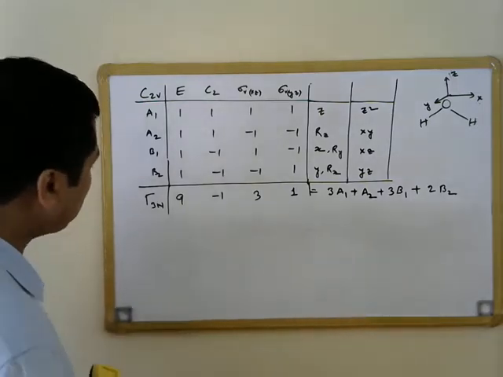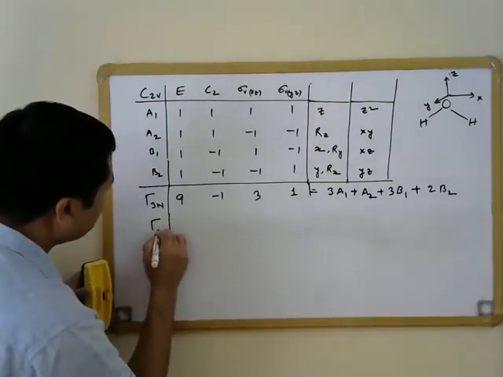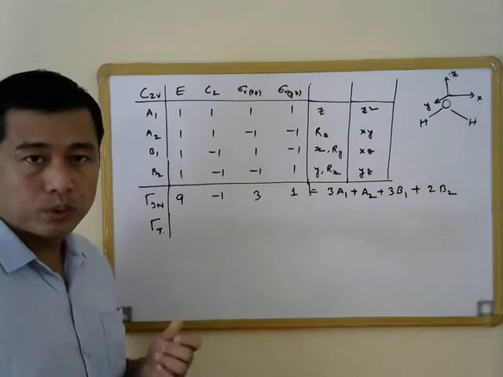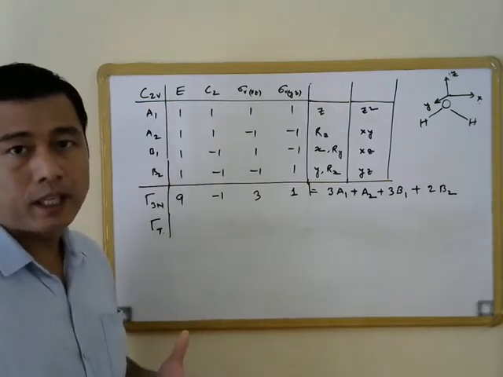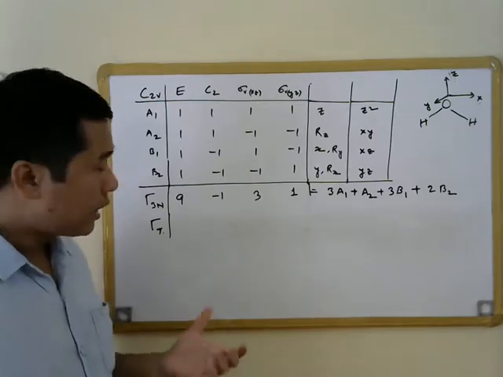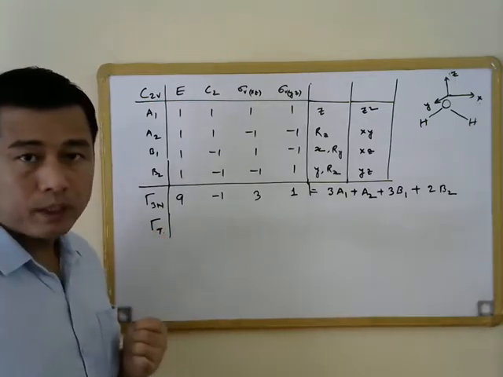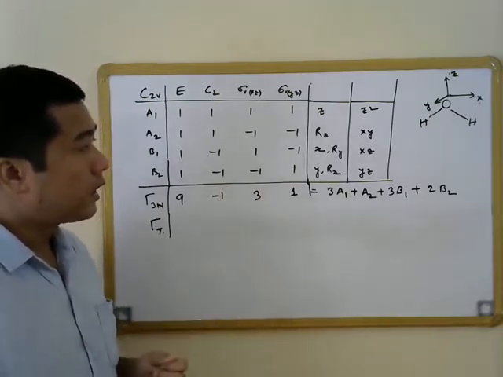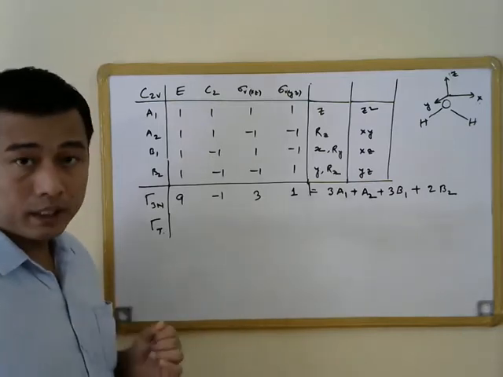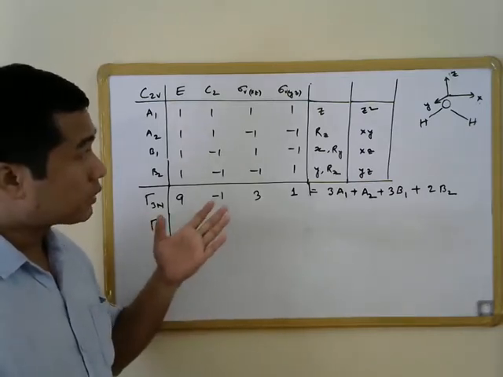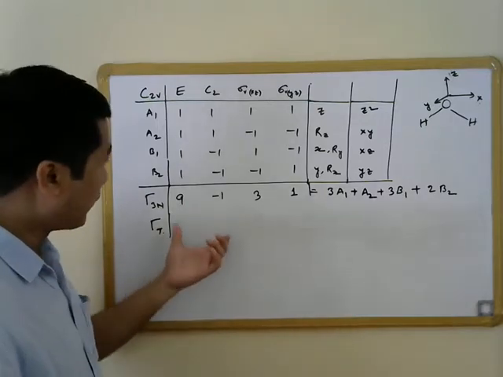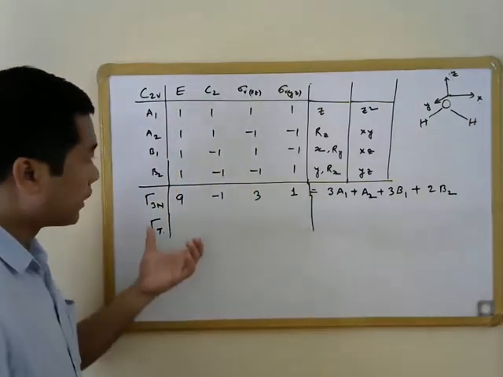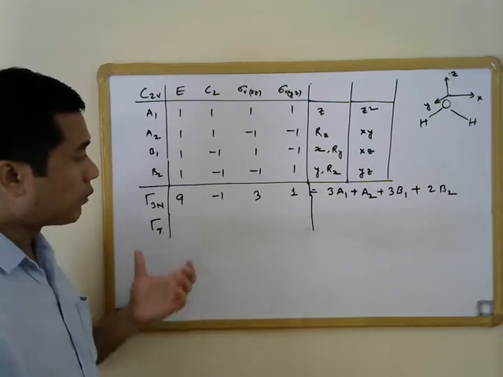So let us first write the reducible representation that we will get by taking the translational modes as the basis. We have already done this in the earlier lectures, how to find out the reducible representation by taking the translational modes of symmetry as the basis. We can do that by simply taking the three-dimensional Cartesian coordinates on the central atom as the basis, that is translation along x, y, and z, and then we will get this gamma t. But if you are lazy, and do not want to do that exercise again, what we can do is that